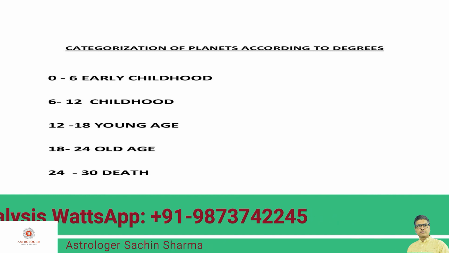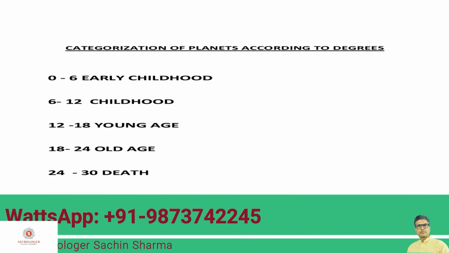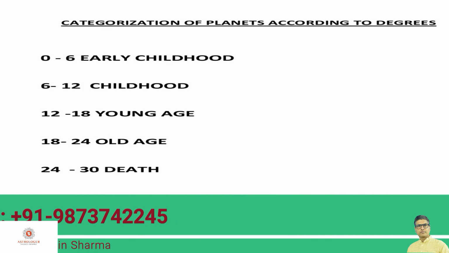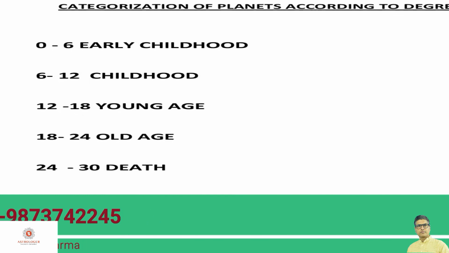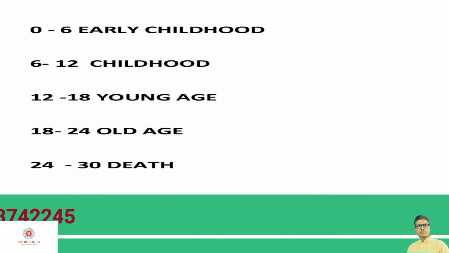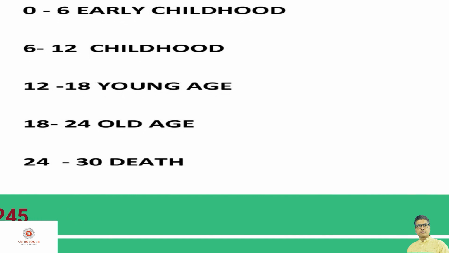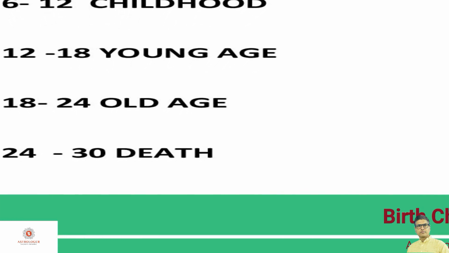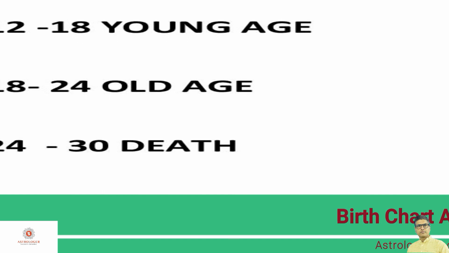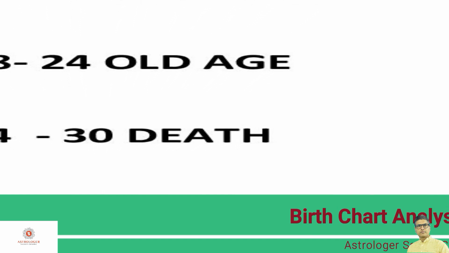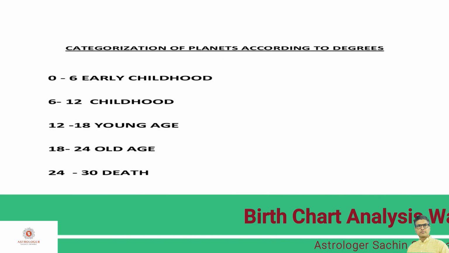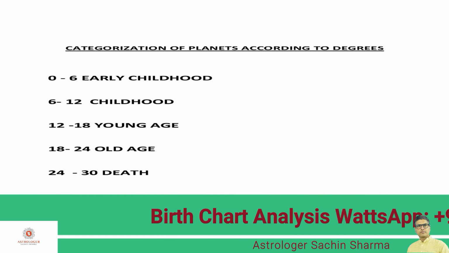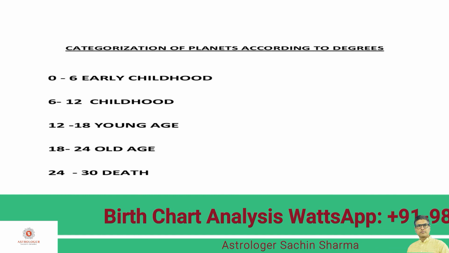So if you find the degrees of a planet from 24 to 30 degrees, then it means that particular planet is in death position. It is likely to be a zero position or zero power of planets. If planets have such a degree, then they won't be able to give any results, or we can say that they will give very negligible results during their Mahadasha or Antardasha period. On the contrary, if malefic planets are in such a position, then the negative impacts of such planets will be very less in the life of the person.